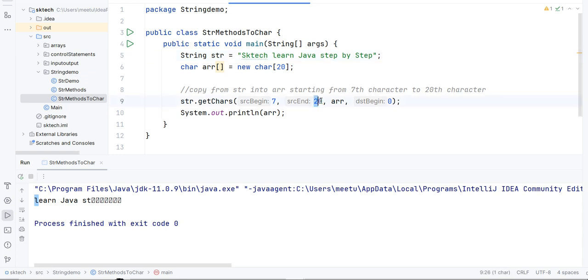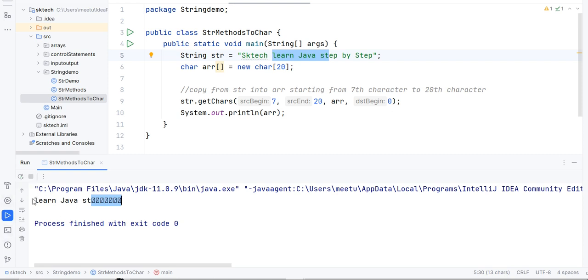Because we provided 20, it gives the ending position as the provided position minus 1, so 19. So from here to here it has copied, and the remaining part printed some random values. This is how we can use the getChars method from the string class to copy some positions from the string to a character array. And we can also provide the beginning position.